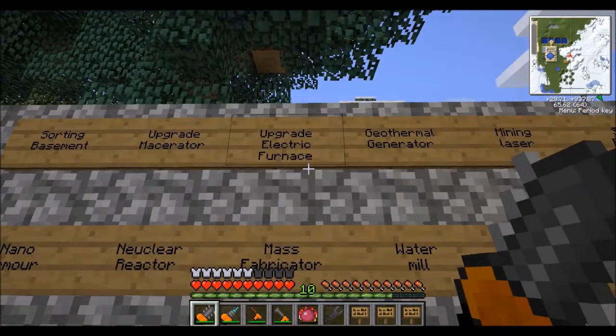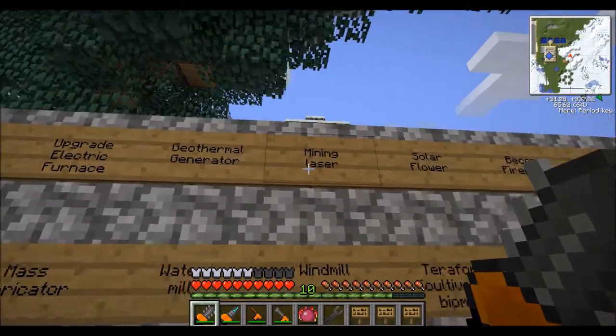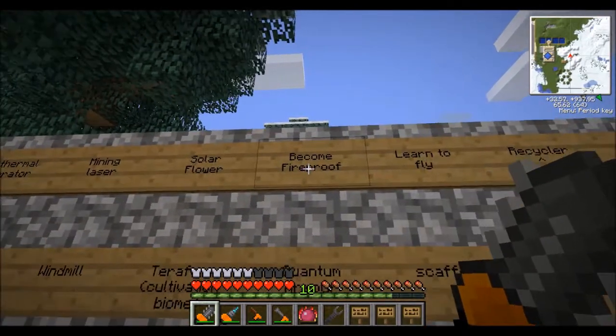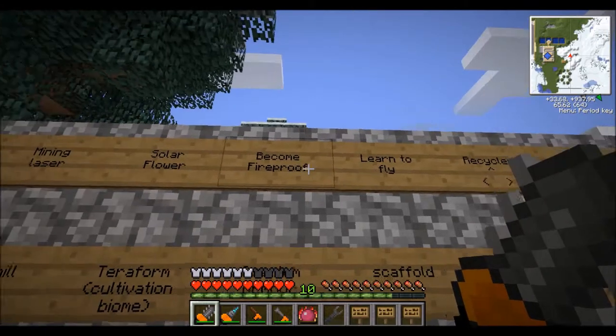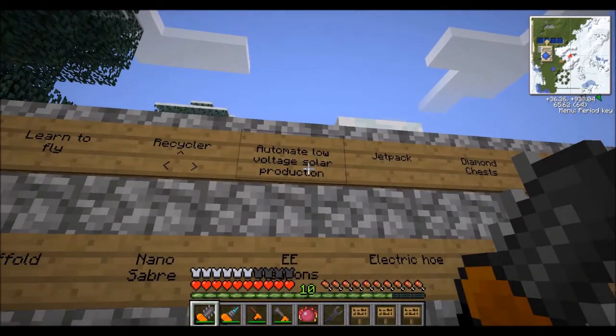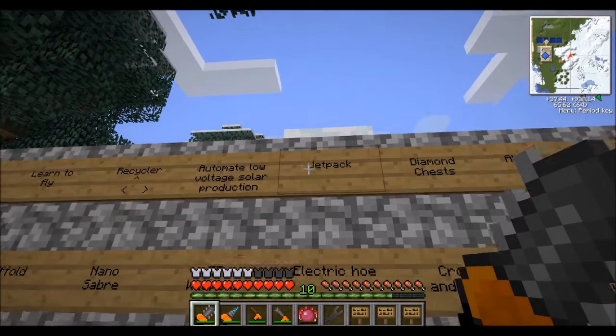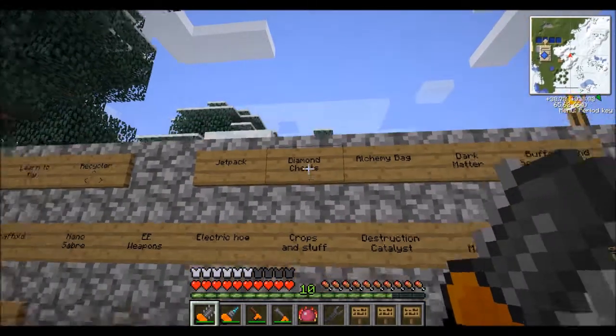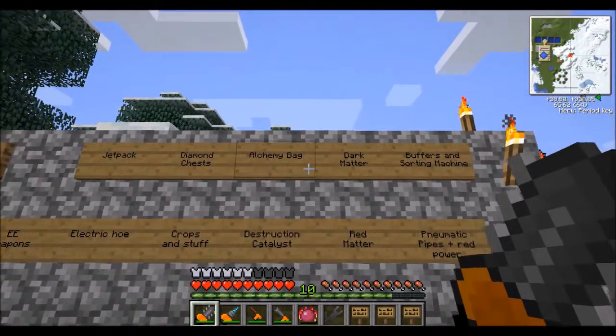Upgrade the macerator, upgrade the electric furnace, geothermal generator, mining laser, solar flower. Well, that should be a power flower, but yeah. Become fireproof, learn to fly, recycler, automate low voltage solar production. Kind of done that. Jetpack, diamond chests,